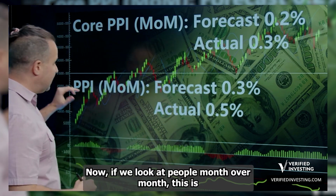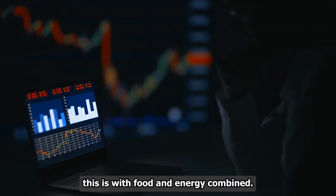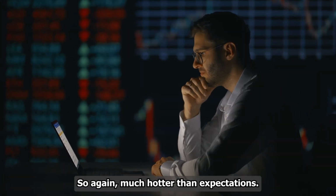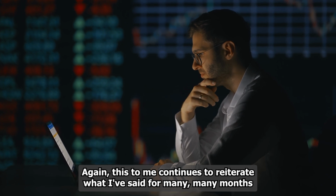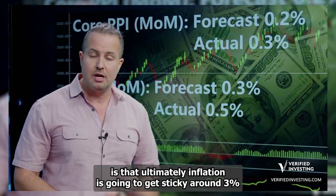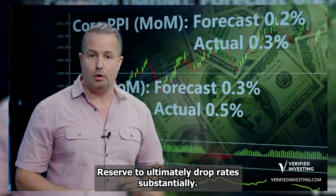Now, if we look at PPI month over month, this is with food and energy combined. Forecast was 0.3. It came in at 0.5%. So again, much hotter than expectations. Again, this to me continues to reiterate what I've said for many, many months, is that ultimately inflation is going to get sticky around 3%, and it will be very, very, very hard for the Federal Reserve to